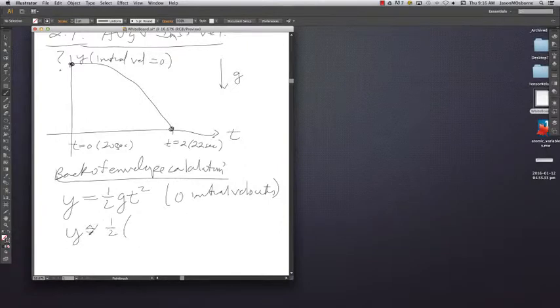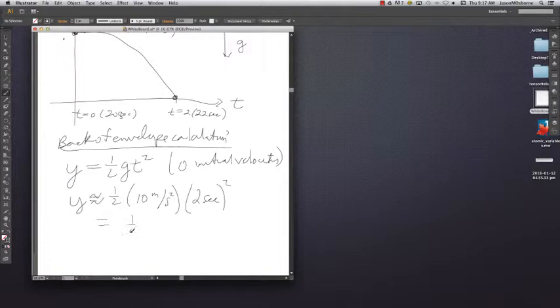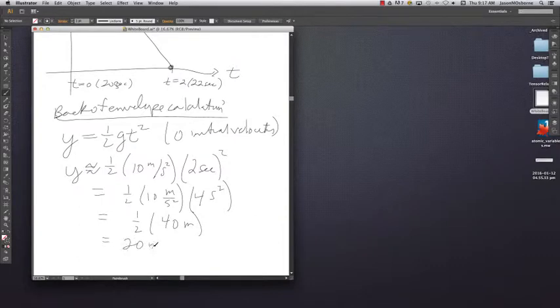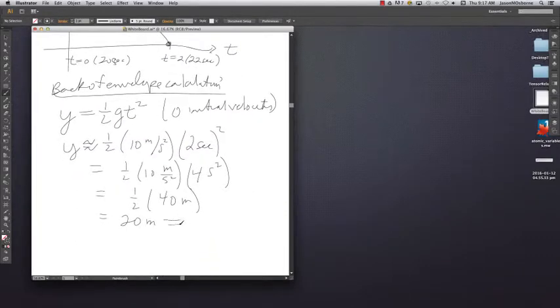That they fell, the height of this object was 1/2 g t squared. And gravity, let's approximate this with gravity about 10 meters per second squared. And they fell for about 2 seconds because we were able to figure that out from the video that somebody took. So we have to do 2 seconds squared. So this will give us 1/2 times 10 meters per second squared, times 4 seconds squared, which is equal to 1/2 times 40 meters. The seconds squared cancel out, and so therefore they fell about 20 meters,